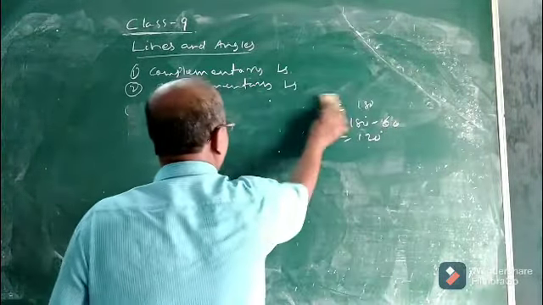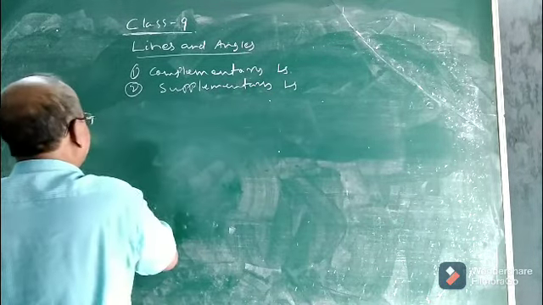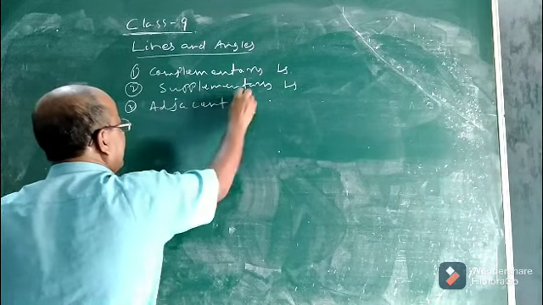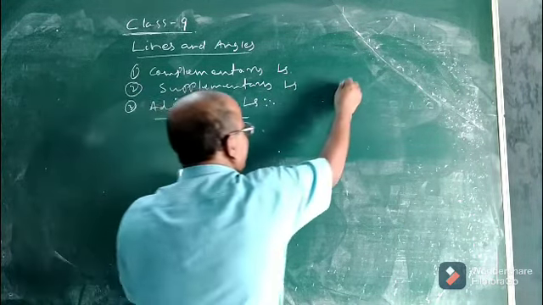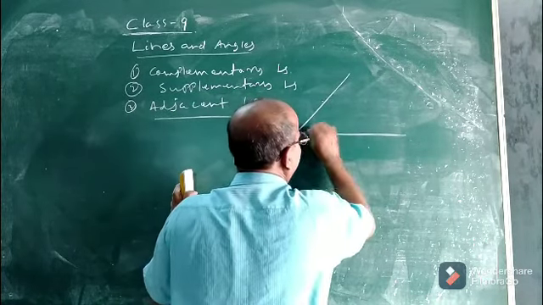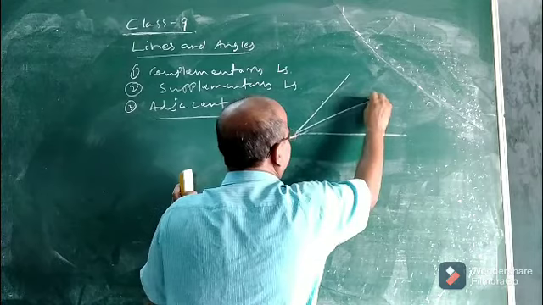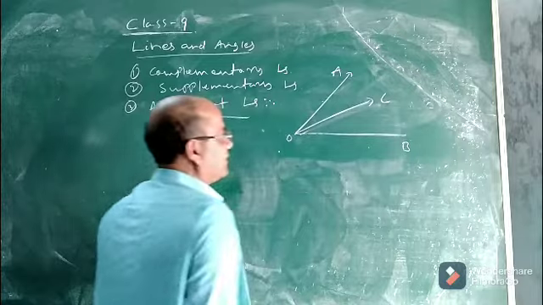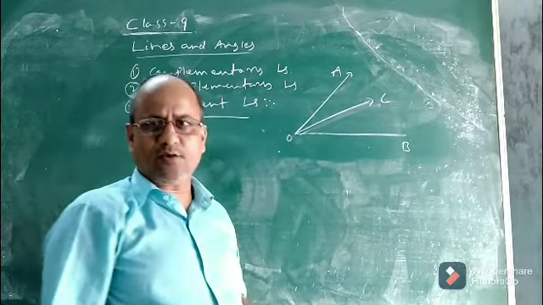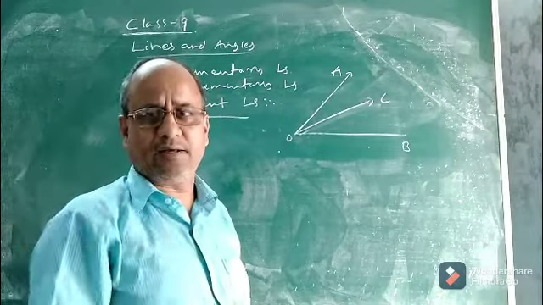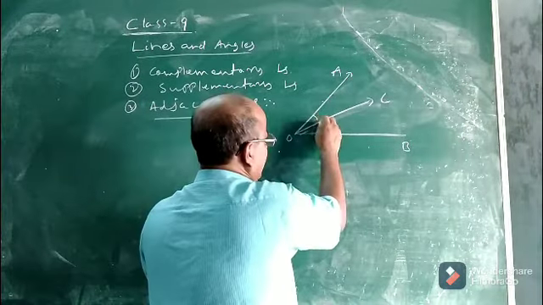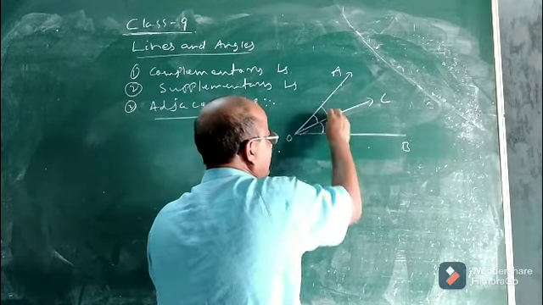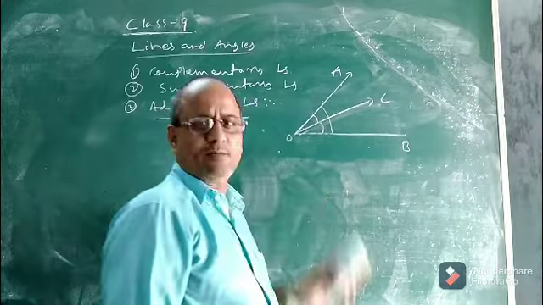See, it was also there in class 6, I remembered. Adjacent angle. See children, what are adjacent angles? In order to understand what are adjacent angles, let us consider this figure in which there are points A, O, B, C. Look at the figure. If I ask you how many angles are there, the answer will be clearly 3. This is one angle, AOC. This is another angle, BOC or COB, and this is another angle, AOB. So in this figure, we find 3 angles.